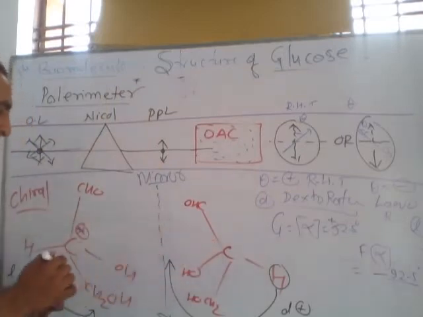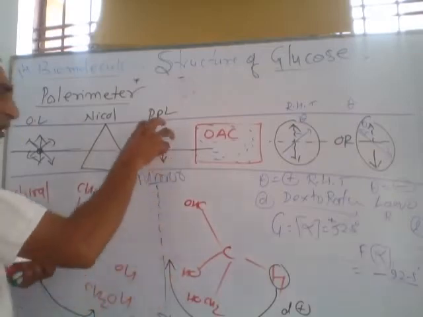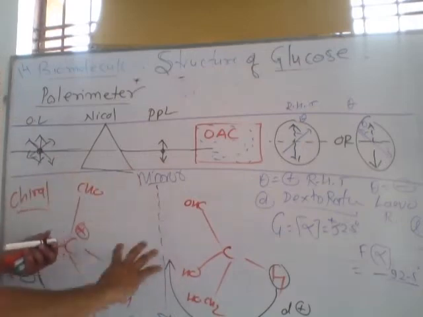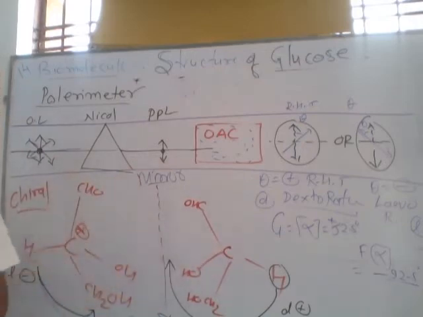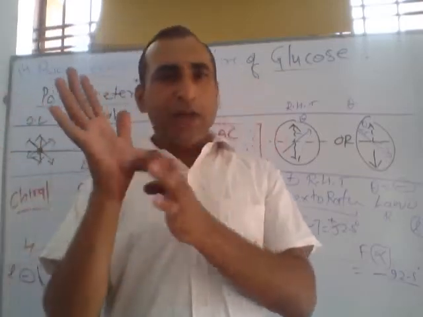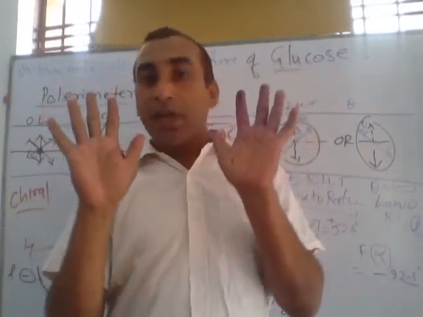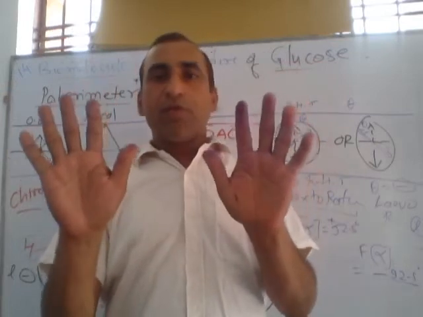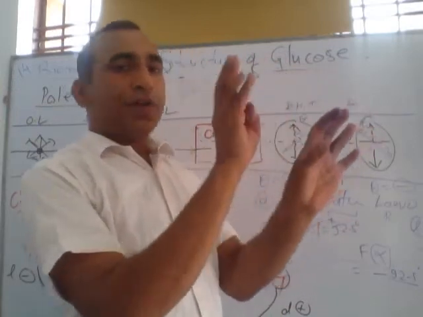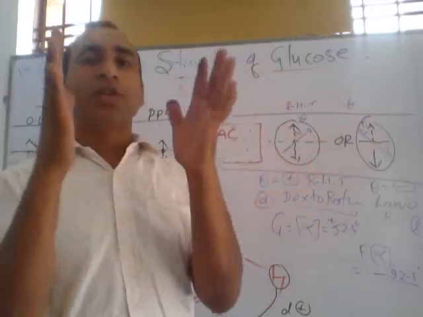These two forms actually exist in nature. These are two different compounds. They have different behavior with PPL, but they exist with similar physical properties. Just like our hands, which are photocopies of each other. These are mirror images of each other, and non-superimposable mirror images. Non-superimposable means not this type. If you put one on the other, the little finger lands on the thumb. So these are non-superimposable mirror images.